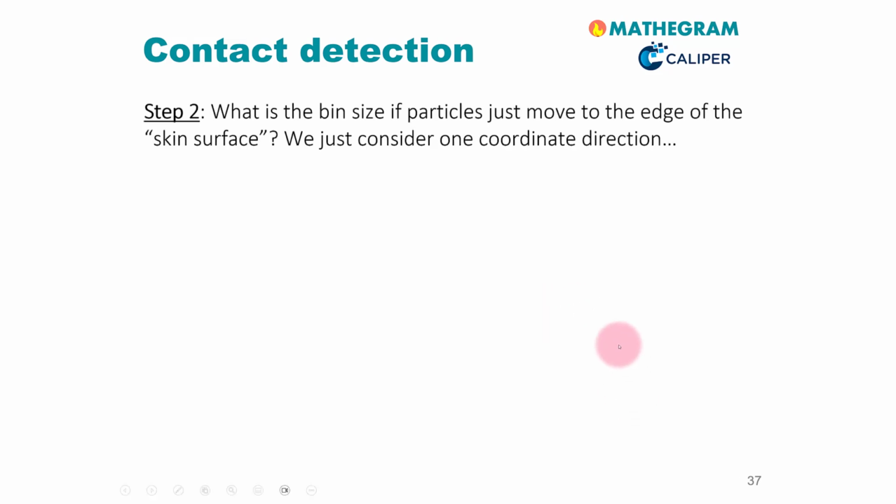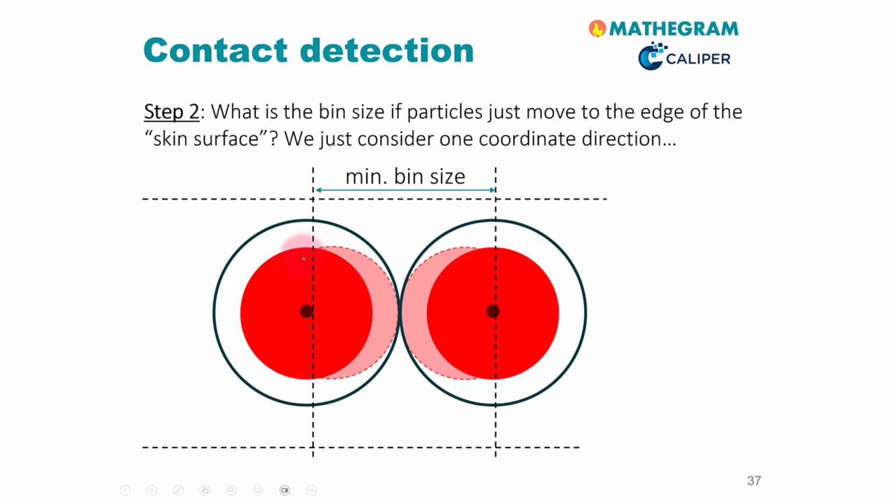And the second step is that we consider how far the particles can move within this time interval between neighbor list creation. Again, this is the skin distance, right? These red particles are two particles of identical size. The size doesn't matter here too much, but just to illustrate it to you, this is the physical location of the particles at the time 0 where we have created the neighbor list, right? And this is the skin distance, right? So if you now consider a worst case scenario,